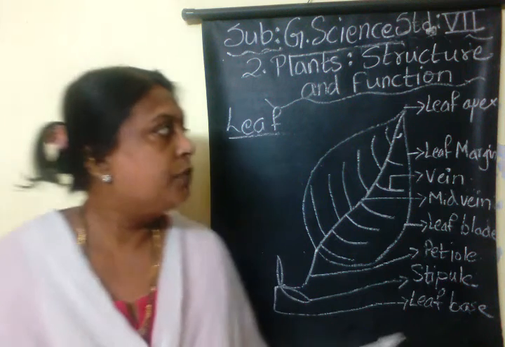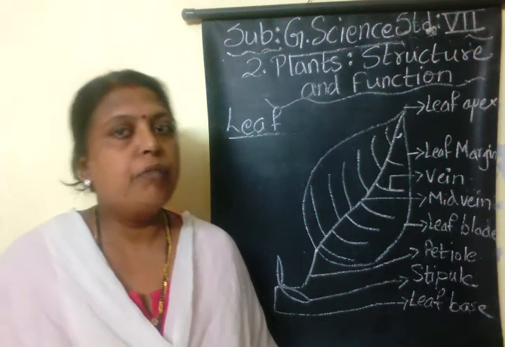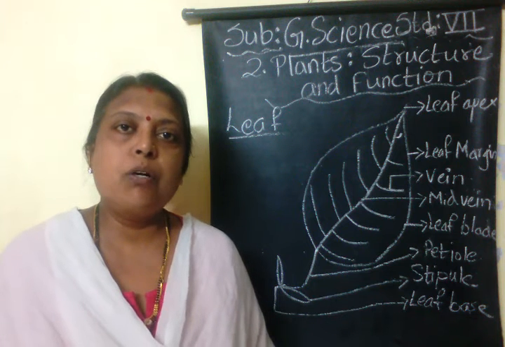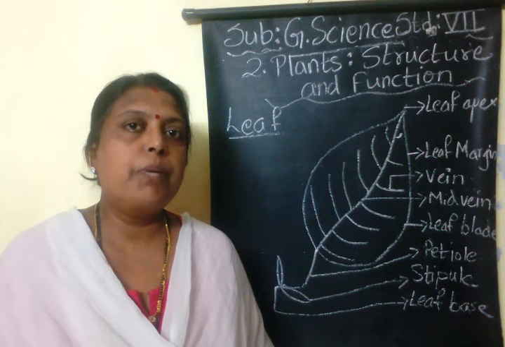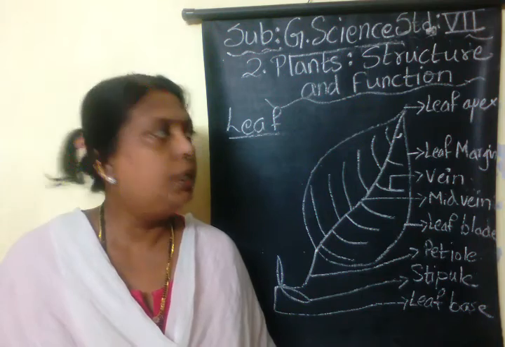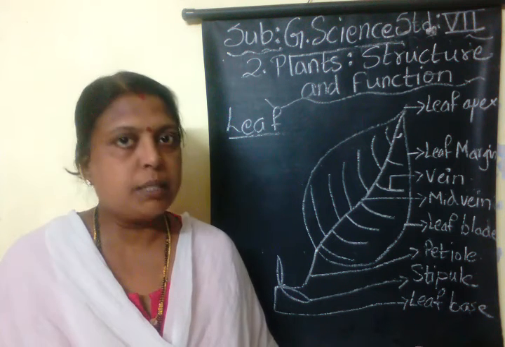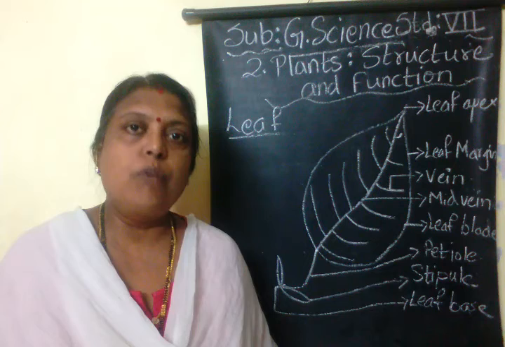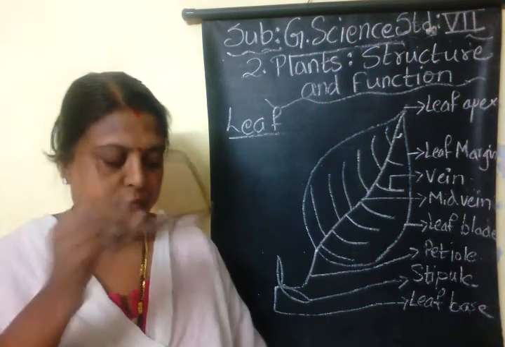Okay. Now let us first see the structure. What is the structure of leaf? The function of leaf all of you know. Leaf contains green color pigment called chlorophyll, and it is useful for the preparation of food for the plant. So in leaves the food of the plant is prepared. Okay, and it is supplied to all parts, which is helpful for the growth of plants properly. So now we will see the structure of leaf.